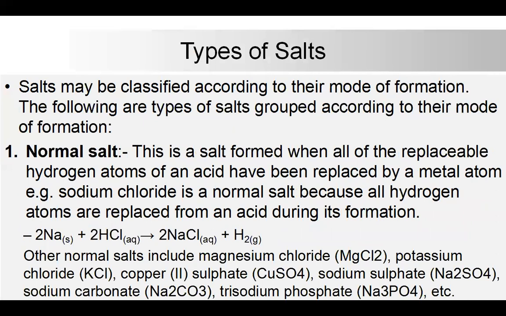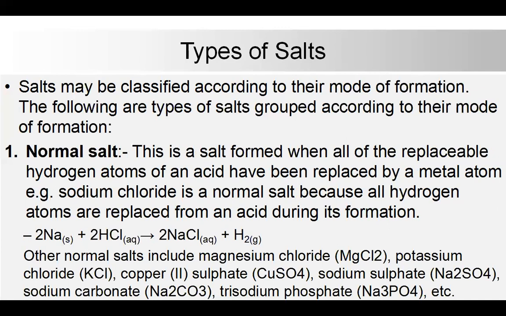Let's see the types of salts. Salts can be classified according to their mode of formation. The following are some of the types of salts grouped according to their mode of formation. This one is the normal salt. This is the salt formed when all of the replaceable hydrogen atoms of an acid have been replaced by a metal